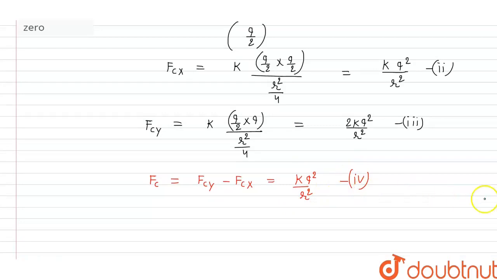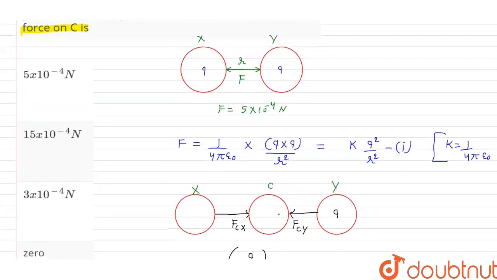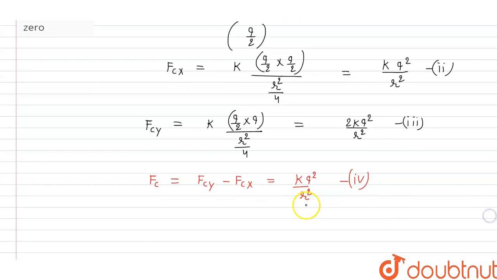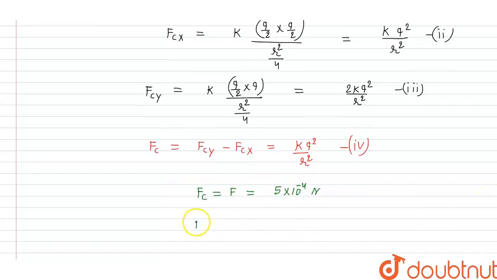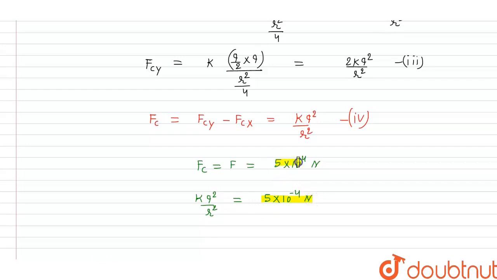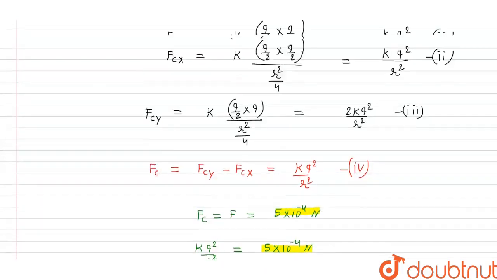Here we can see that first and fourth equation are equal, so we can write Fc is equal to F, and in the question we have given the F value, which is 5 into 10 to the power minus 4 Newton. So k into q square divided by r square is equal to 5 into 10 to the power minus 4 Newton. This is the answer, and the correct option is